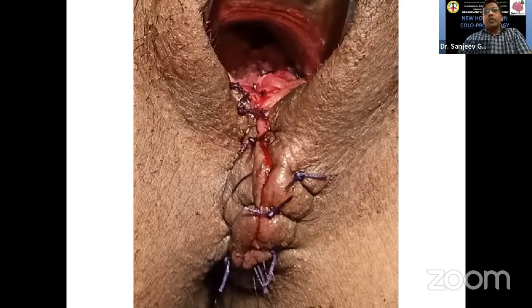And furthermore, if there's a complete perineal tear and not just external sphincter injury, you have to also approximate the bulbospongiosus properly so that it leads to a good closure. And this is the final picture of the patient. In the later follow-up, patient did not have any pain while defecation, and neither did she have any pain while